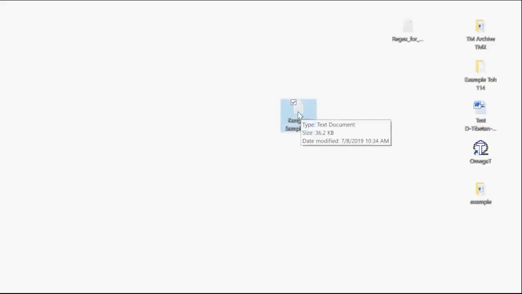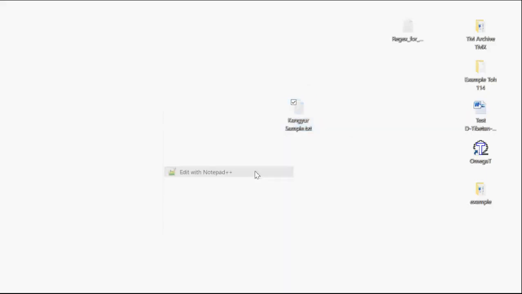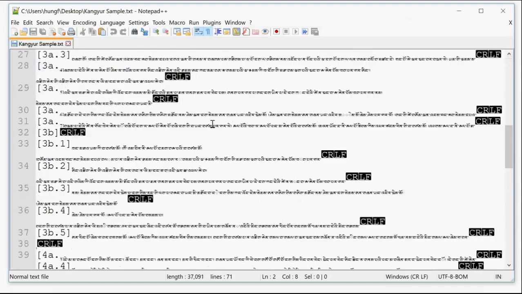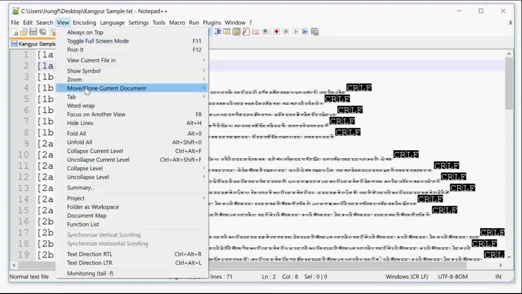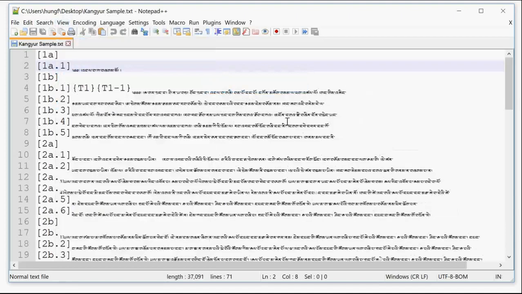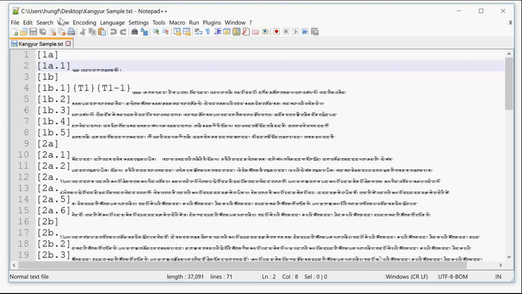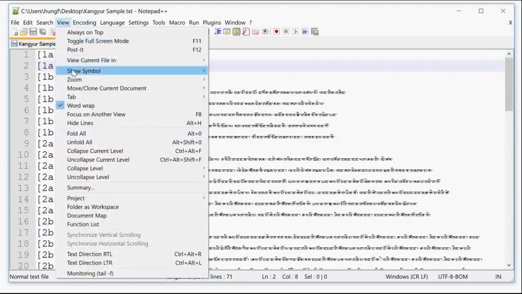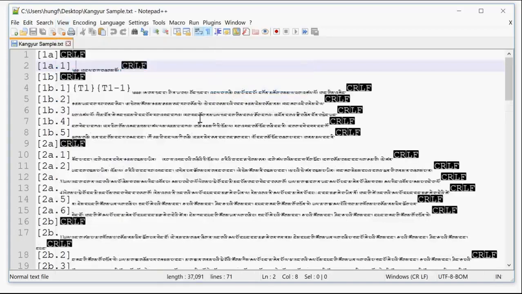So in Windows, you can right-click and just go to Edit with Notepad++, and it will open the file and it should look like this. Actually, I think by default you won't see the word wrap and the show symbols. It'll initially look like this. So what you want to do first is go to View, Word Wrap, so you can see everything. And then also go to Show Symbol and Show All Characters, because we want to be able to see